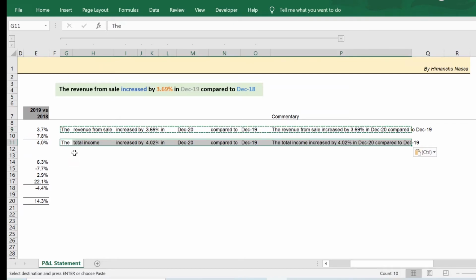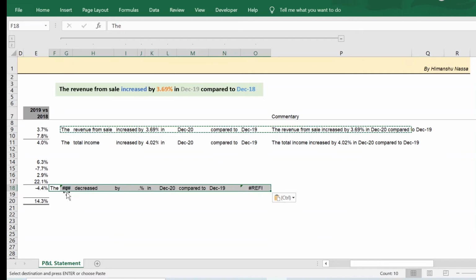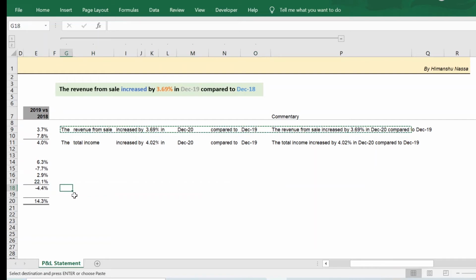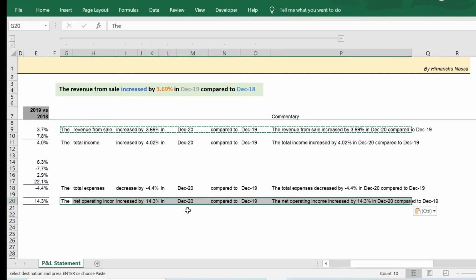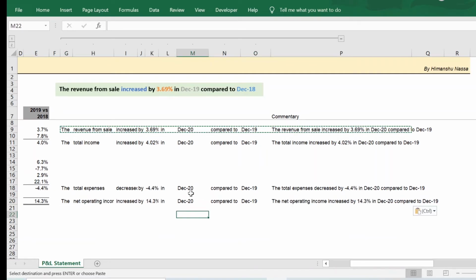I may need it for total income. I may need it for total expenses. I think I mispasted. Then I may need it for the NOI. I can actually copy it wherever I need it. And you have the desired commentaries for each of the line items.